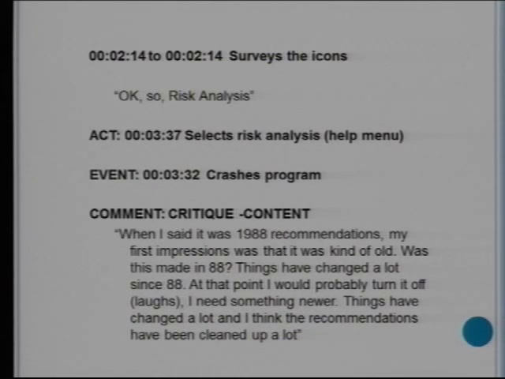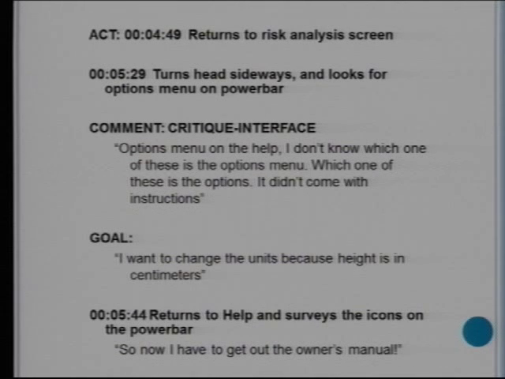This was a system that was going to be released widely, so that's after that project we decided to always work earlier in the design cycle because it was too late. And then things have changed a lot. I'd probably turn it off. And then he can't find the options menu on the help bar. It didn't come with instructions, literally didn't. It was supposed to be easy to use. And now he facetiously says, I have to get out the owner's manual. So, I mean, this was 1992, but unfortunately, we watch users using healthcare information systems today, and I've seen lots of examples that are still in league with this one in terms of issues.